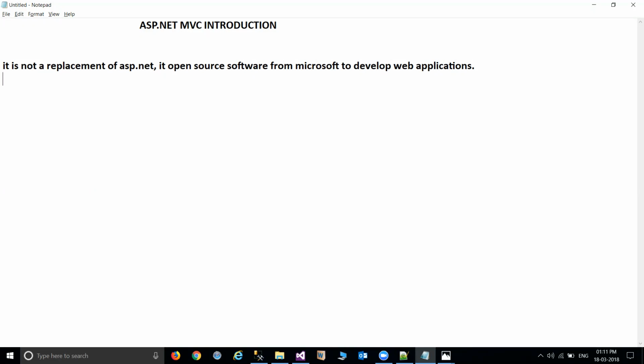So it combines the features of MVC components, model view controller, with most up-to-date ideas and features.